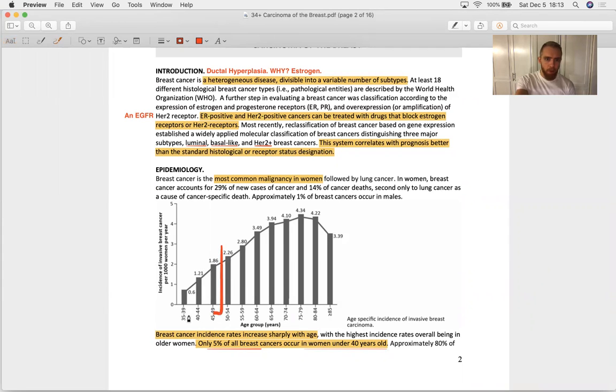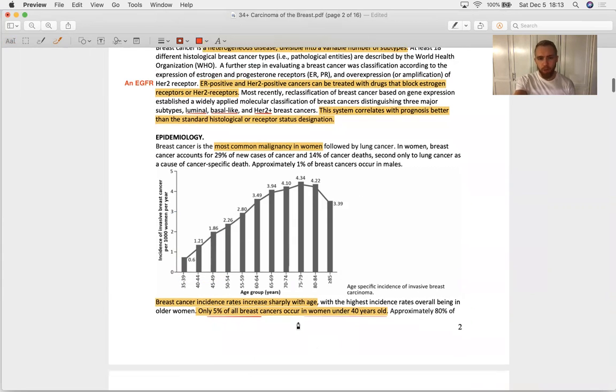So we see that breast cancer, we put the cutoff about right here. 5% of all breast cancers occur in women under 40 years old. That's a big deal. 5% of all breast cancers occur in women under 40 years old. So you're reading a question stem and a 30-year-old has a palpable mass. Well, number one, if it's painful, it's not breast cancer. That's not what they want you to think. Number two, if it's painless, you still got to be very, very suspicious of breast cancer because it is rare